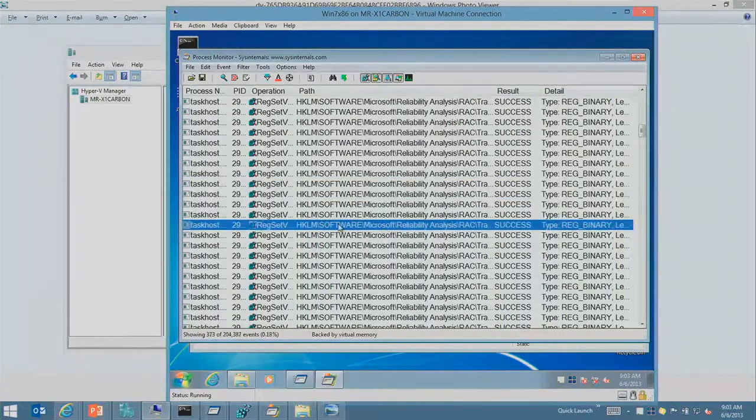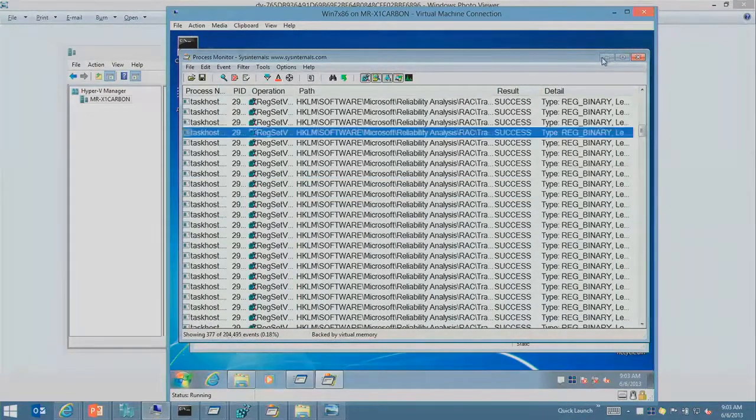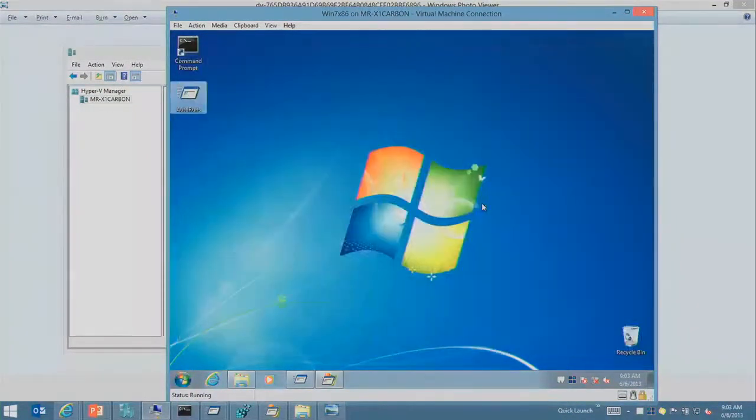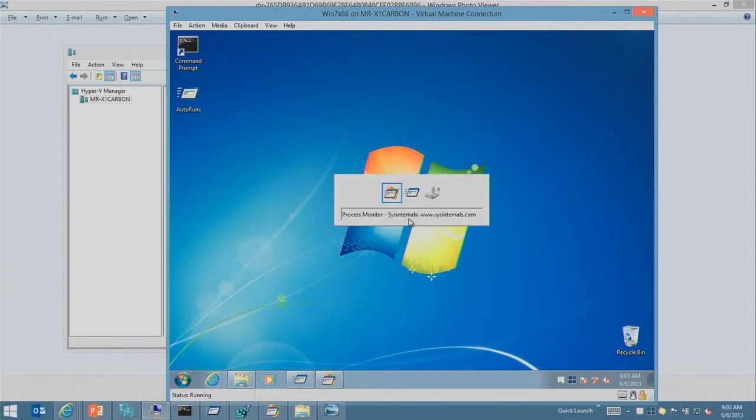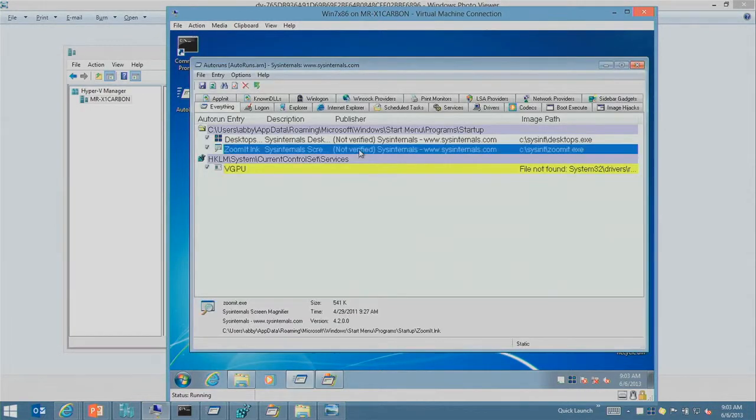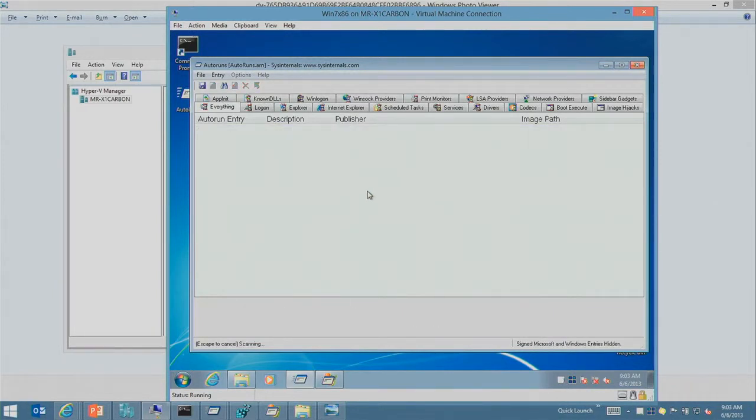So I can't click anywhere. You can see I can click here. Watch this. I can't click on that. If I press Windows key M, then I can minimize everything and you can see the boundary box right there. There it is, where I can draw. But what I can do is take a look at what we see in Autoruns, and I also can